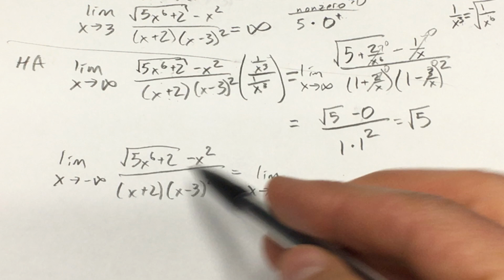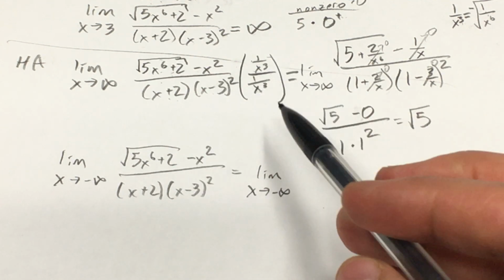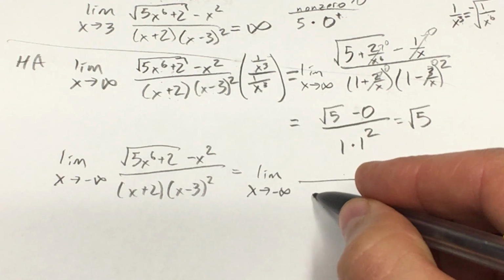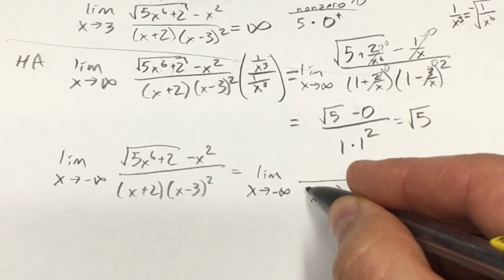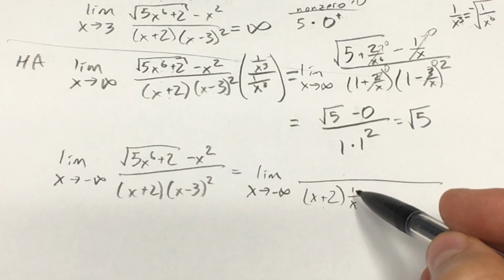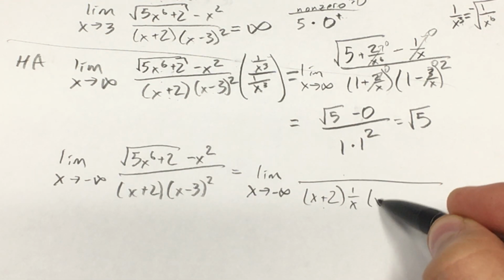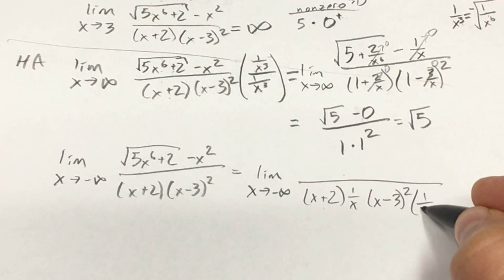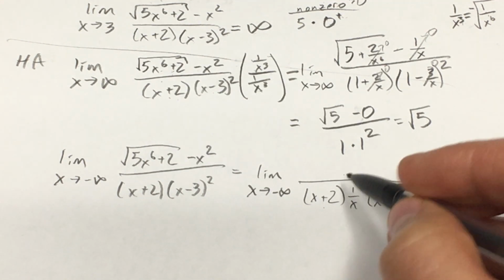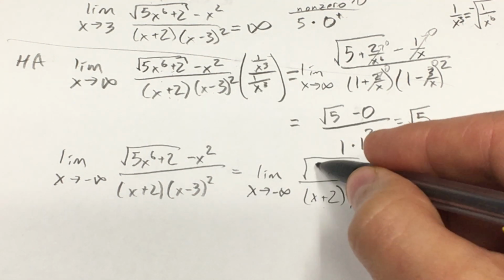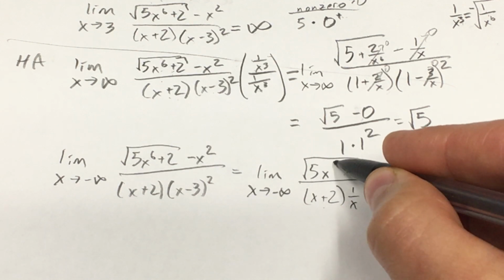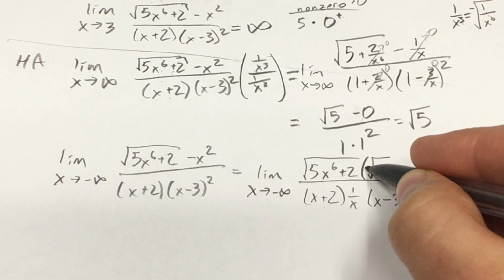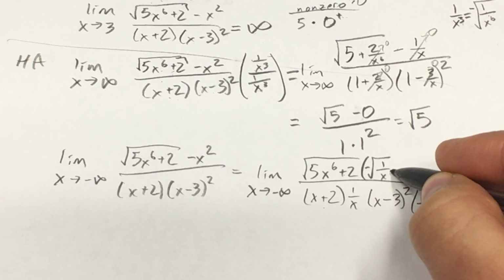And then I'll write this distributed to each term so we can look at it more precisely. Okay, so I'm going to multiply each term by its own version of this, right? So in the denominator, 1 over x cubed, I've got this times 1 over x. That's just fine. If that were negative 10, no worries there. Then I've got x minus 3 squared. That's always going to be non-negative. 1 over x squared. No worries there. Square root of 5x to the sixth plus 2. Then I'm multiplying that times actually negative 1 over x to the sixth